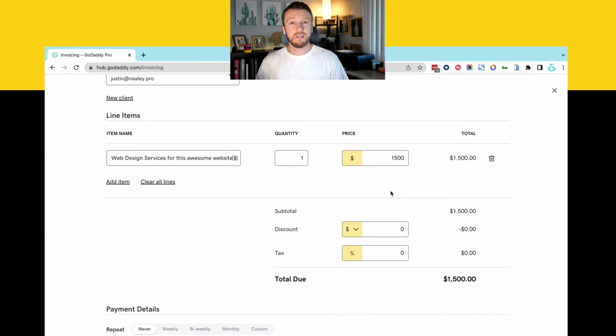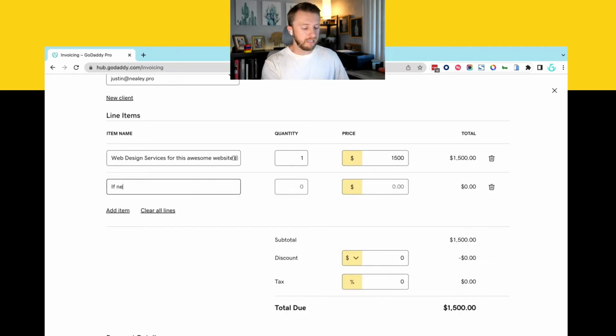That way you have a little bit of cash on hand to keep you through, because sometimes you might estimate a project's going to take maybe 2 weeks, but it ends up taking 6 months or vice versa. So you want to make sure that you're not strapped for cash and everyone's happy at the end of the day. So you can continue to add additional items if needed